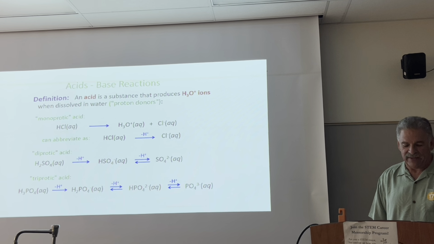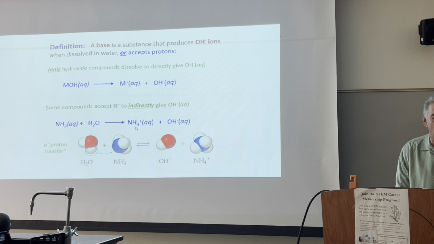All right. A base is a substance that produces OH- ions when dissolved in water or accepts protons. So ionic hydroxide compounds, remember OH- is hydroxide, dissolve directly to give OH- aqueous. If we use M, which is any metal, it gives up electrons, which means the hydroxide anion. Some compounds accept H+ to indirectly give OH-, and that would be ammonia plus water forms ammonium ion,